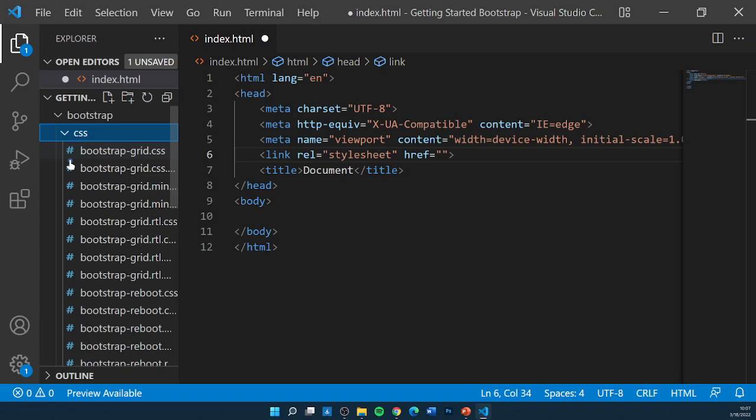Alright? So obviously, we're not just designing this time around, since we'll be using a framework, we're not just designing to create a hello world, right? So let's get right into it. What are the things that we can add using Bootstrap? So let's just go to the Bootstrap website,